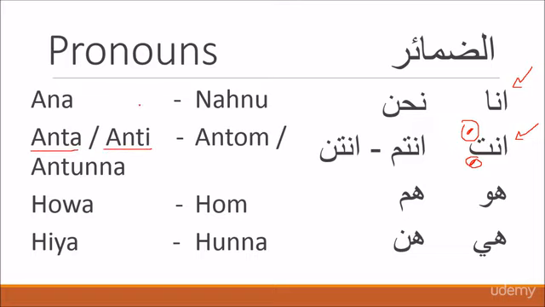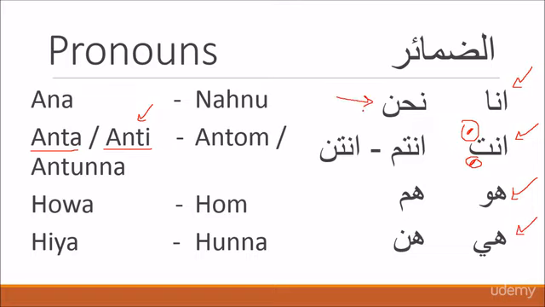It is not auntie, no, it's anti. You can't read this in English. It's anti, not auntie like you say antivirus or something. So, again, ana is I, anta is you for male, anti is you for female, huwa is him, hiya is her,